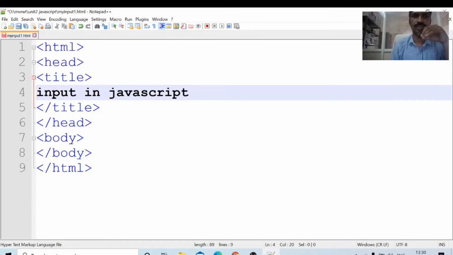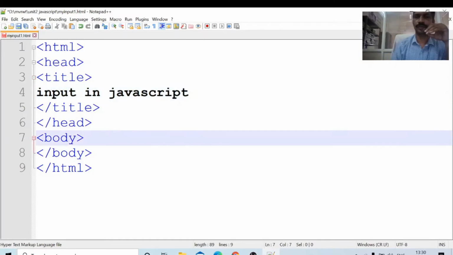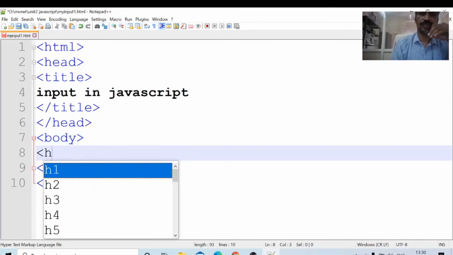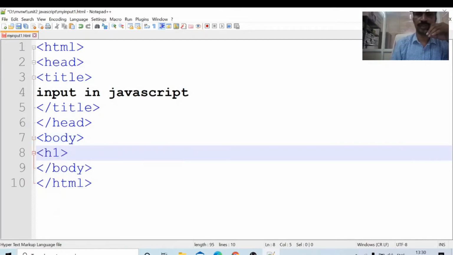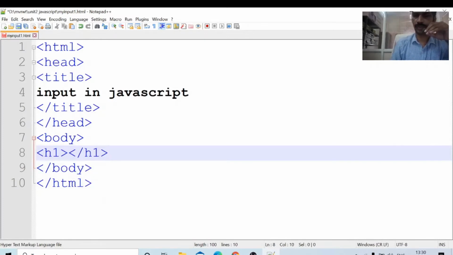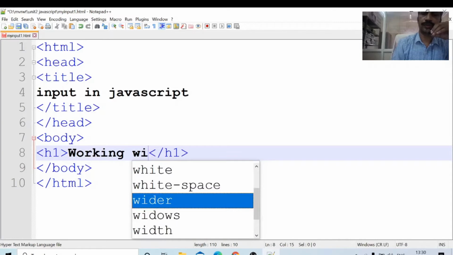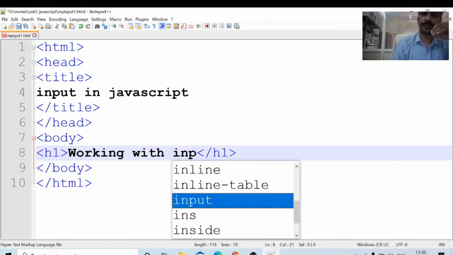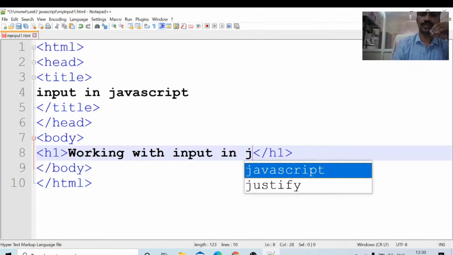Within the body I will place an h1 tag, h1, /h1: working with input in JavaScript.